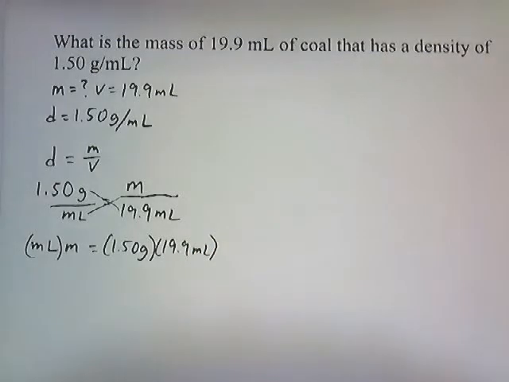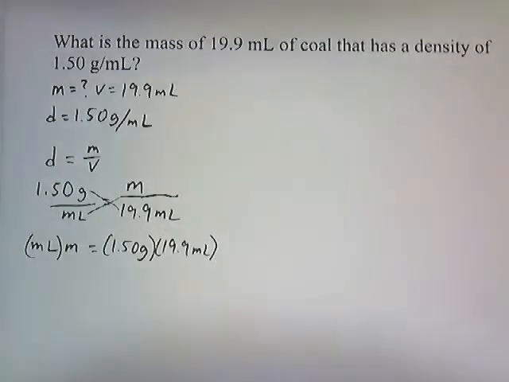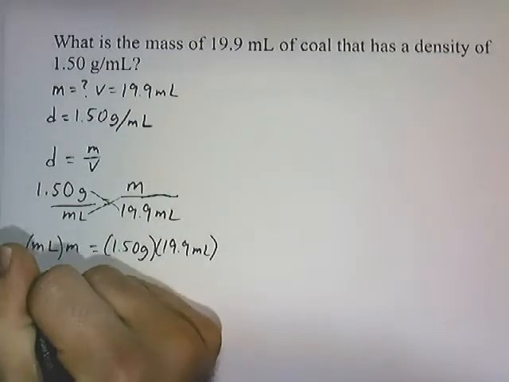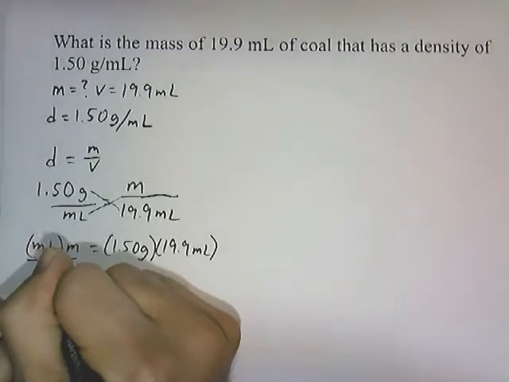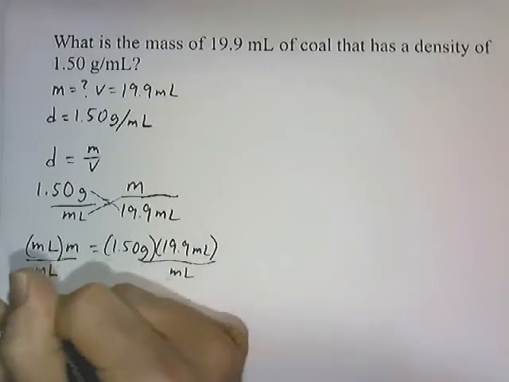All right. Now, we want our final answer to be in grams because they're asking for mass, and the unit of mass is grams. So I'm going to divide both sides by milliliters. And the milliliters cancel,